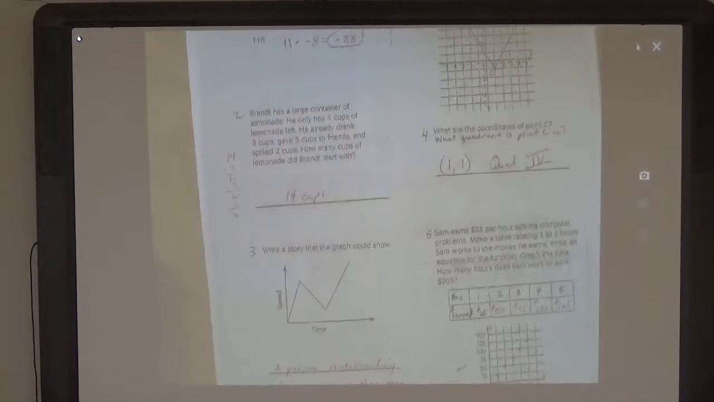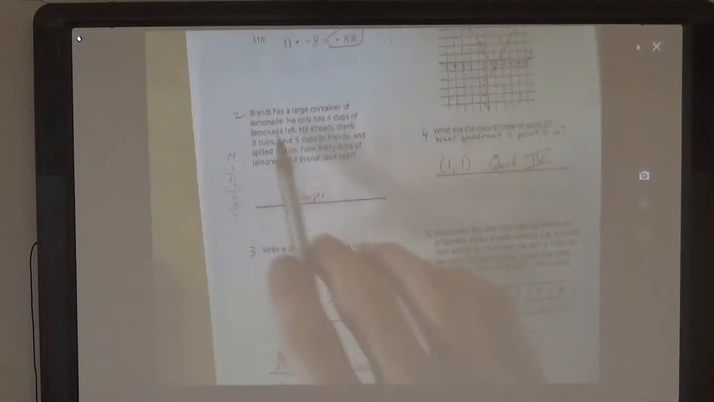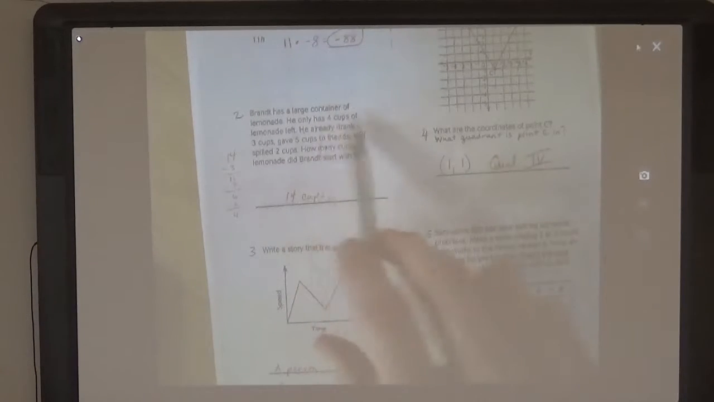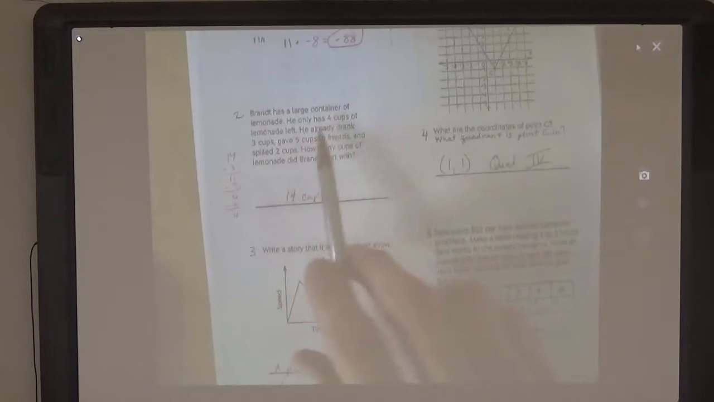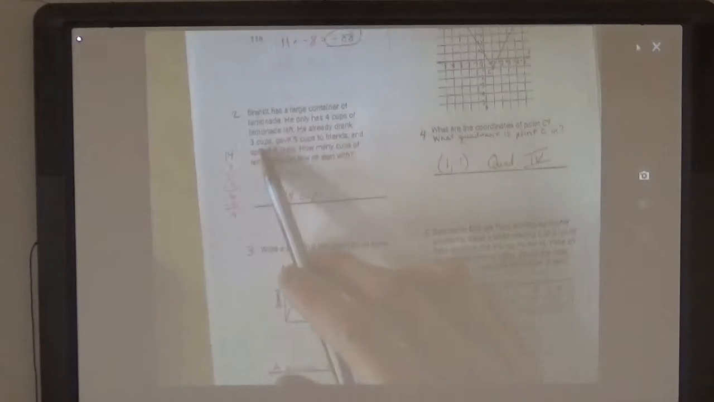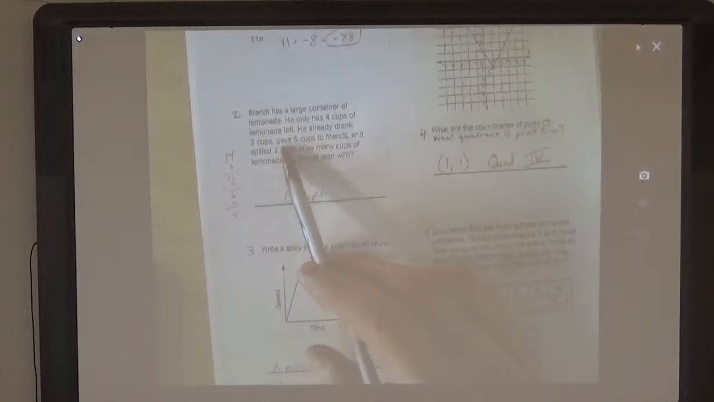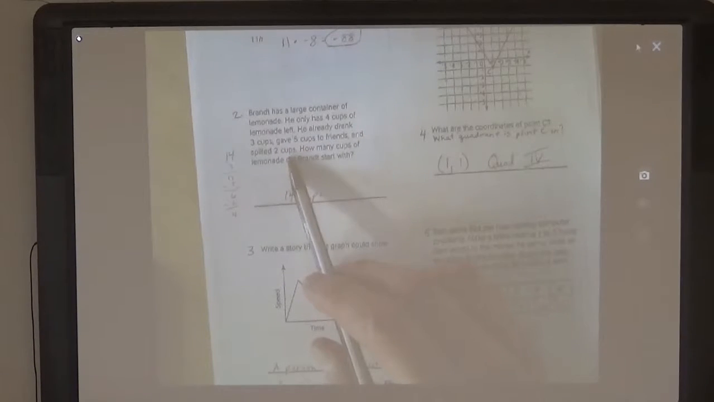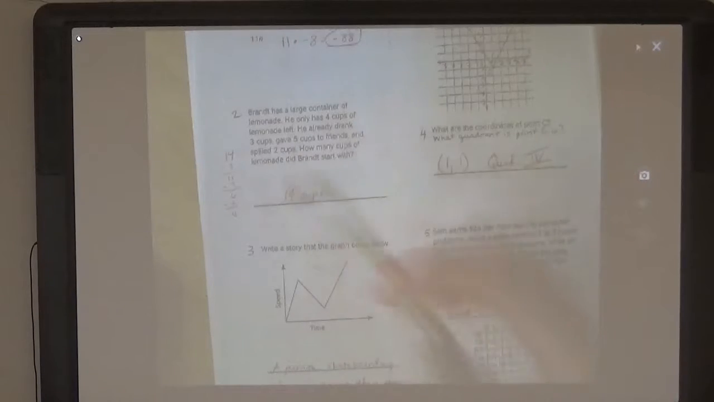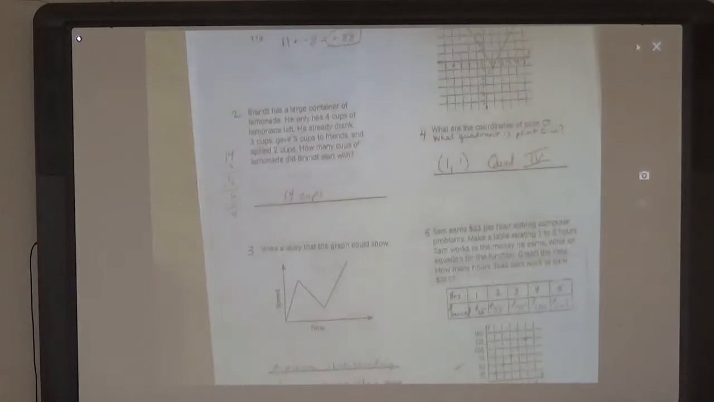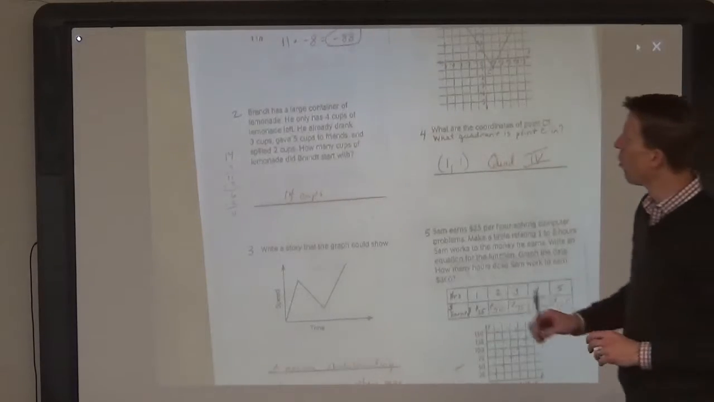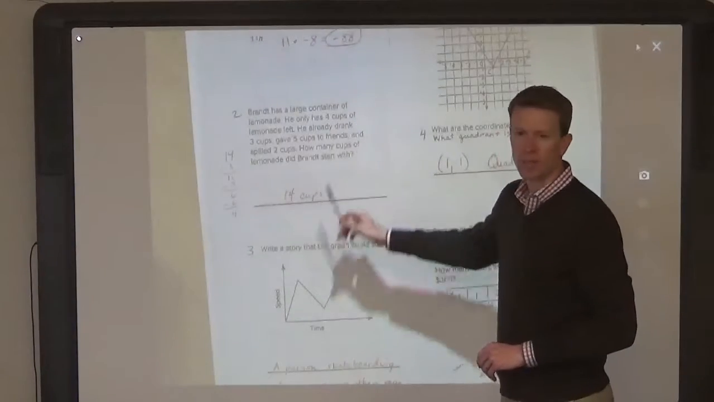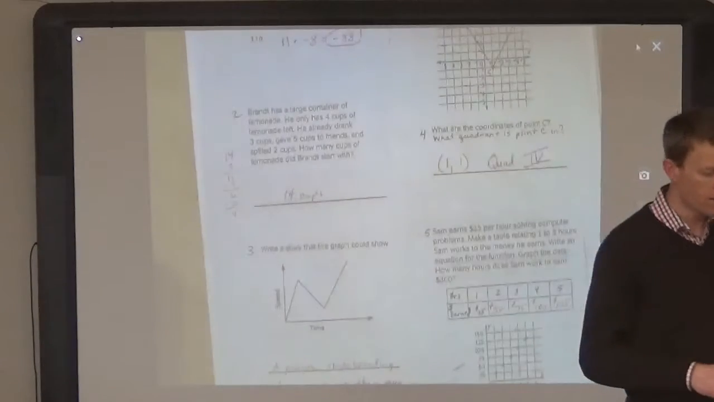Number 2. Brant has a large container of lemonade. He only has 4 cups of lemonade left. He already drank 3 cups, gave 5 cups to friends, and spilled 2 cups. So there are a number of different ways that you can get to this answer. It says he has 4 cups left, and so you could work backwards